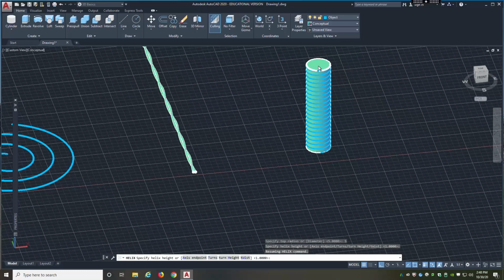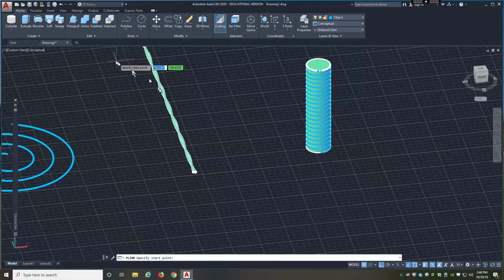And I'm going to bring it right up to the top height there. So now I've got a path, a helical path, and I've got a cylinder, which we'll be able to kind of cut into, okay? And now we just need a profile, right? So that profile, and I'm just kind of going to mock one up really quick,